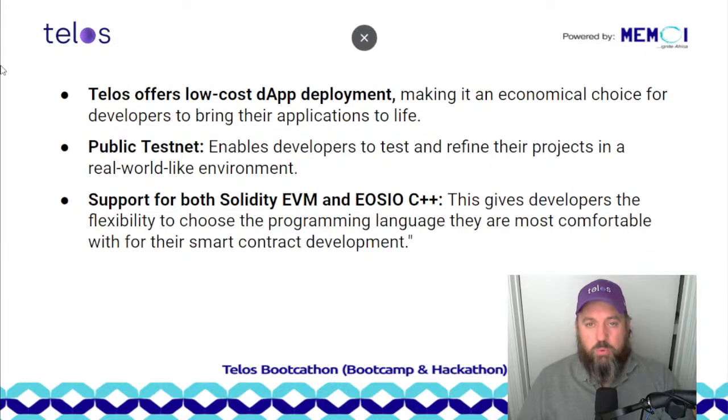We have two endpoints that we'll typically hit. We've got testnet.telos.net and mainnet.telos.net. So both of those will give you access to the Telos Zero network. If you add /evm on the back of that, it will direct you to our EVM nodes, the Ethereum virtual machine nodes, and allow you to make transactions on that smart contract.